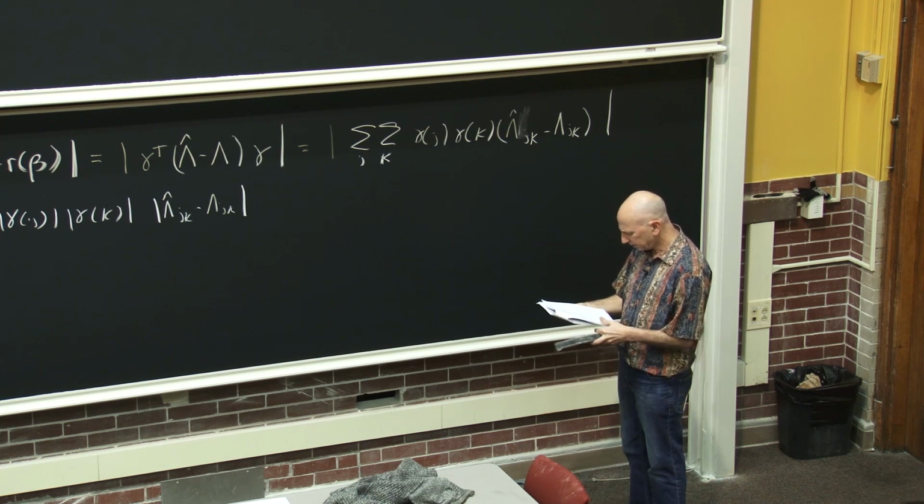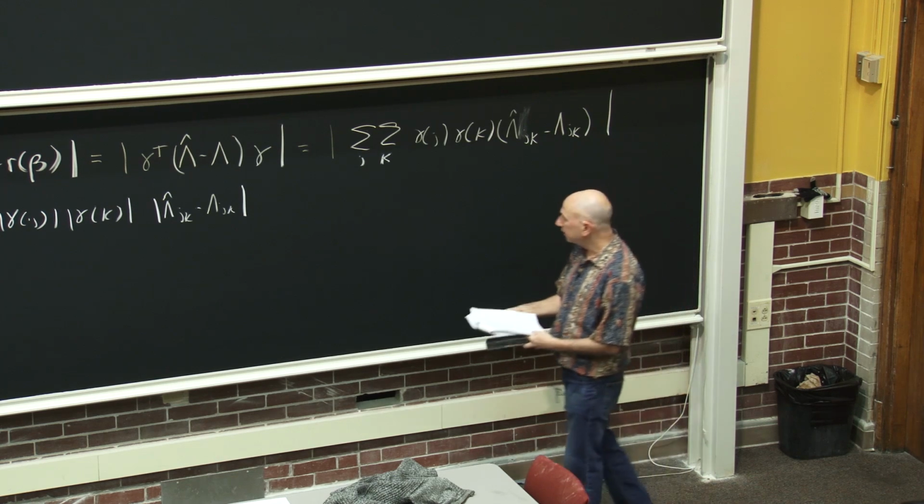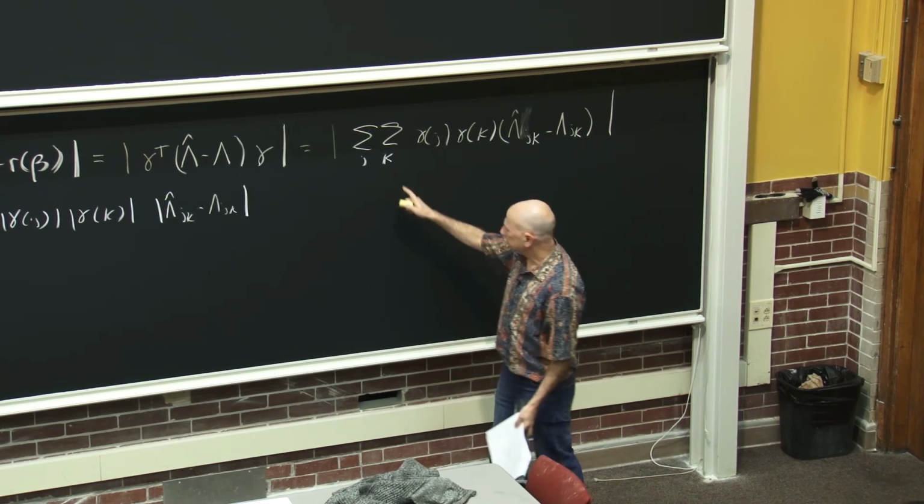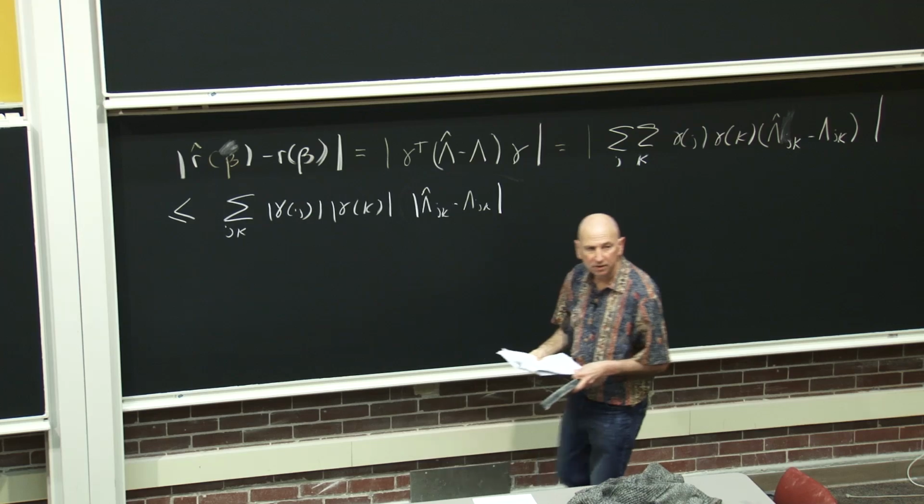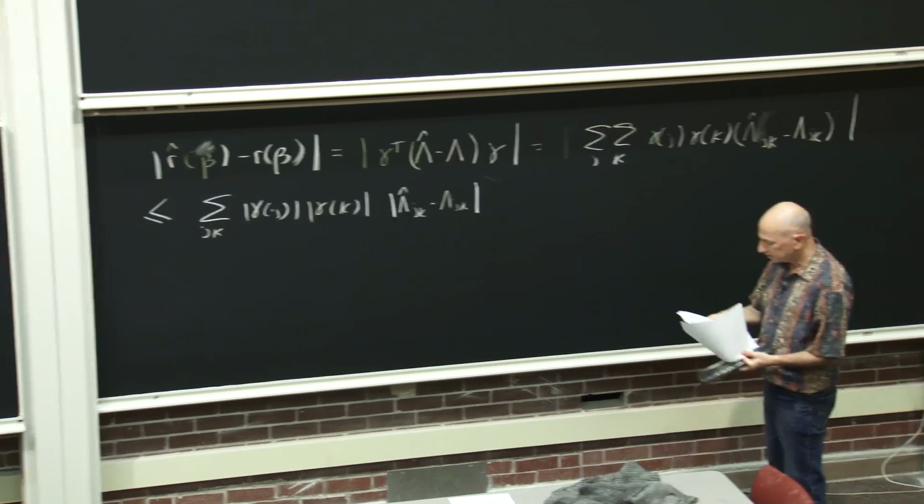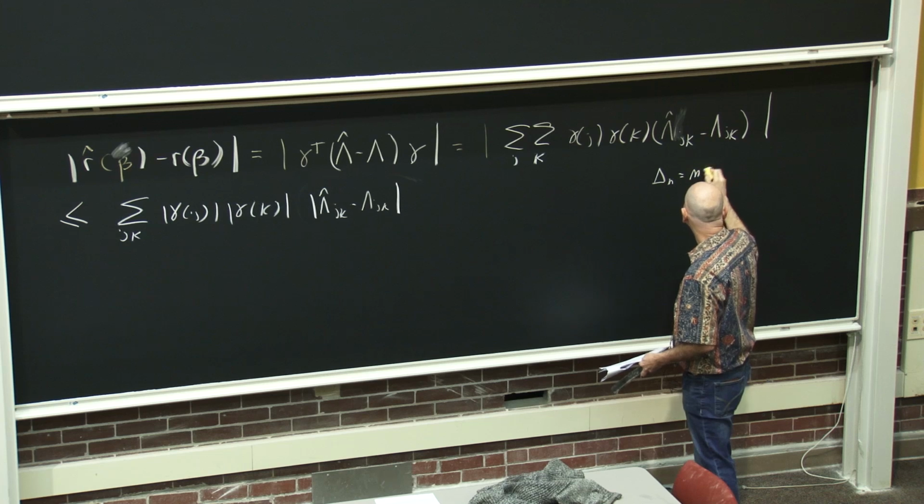There's a little typo here, but delta n. Yeah, okay. Look at this double sum. Let's give a name to the maximum of that over j and k. So let delta n equal to max over j, k,